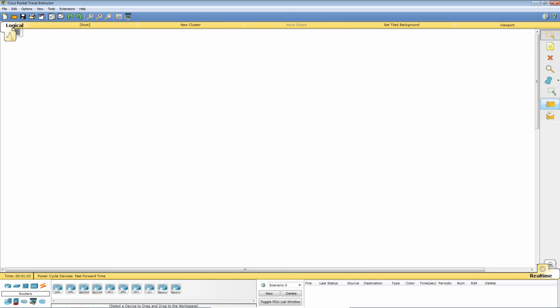So here we have Cisco's Packet Tracer. Absolutely fantastic tool. We've got the background where we're going to build our network. We've got the different types of devices consisting of routers, a considerable number of different types of router we can use, switches, both layer 2 switches and layer 3 switches, hubs, wireless devices,